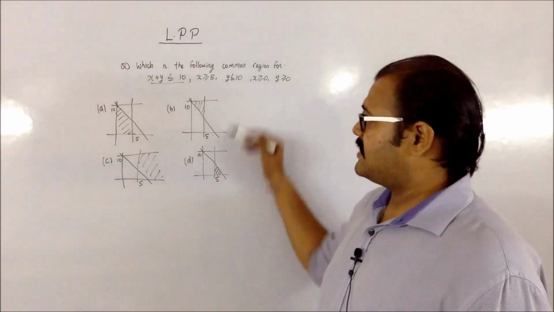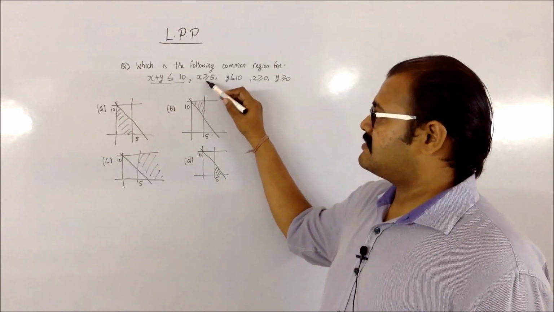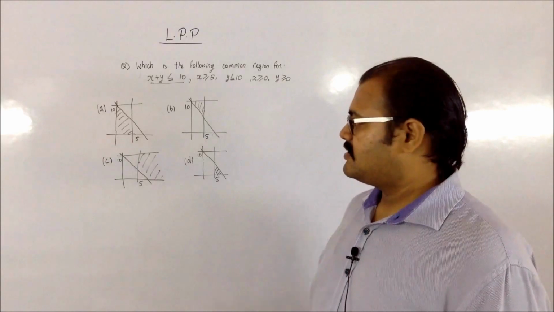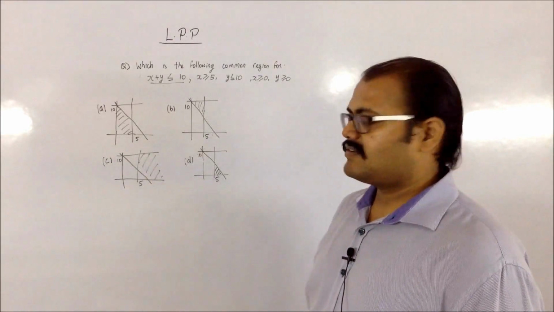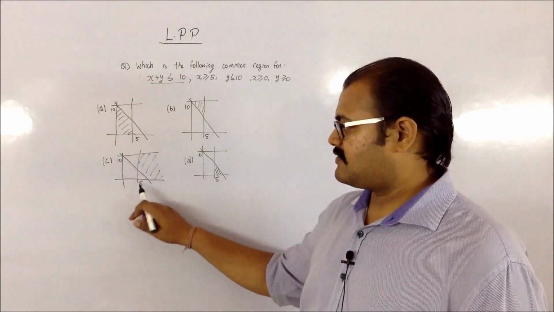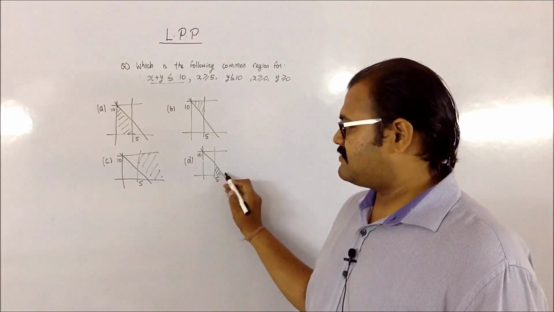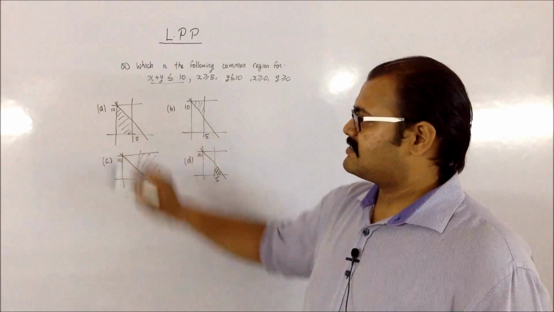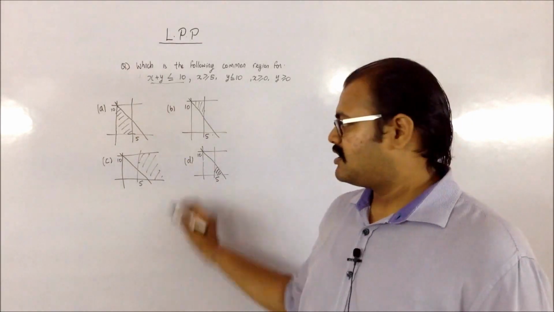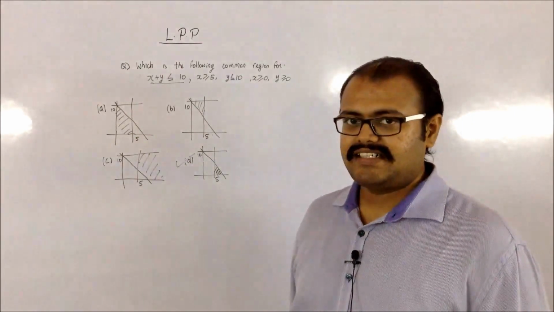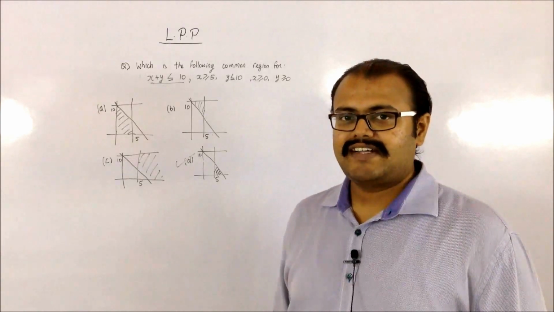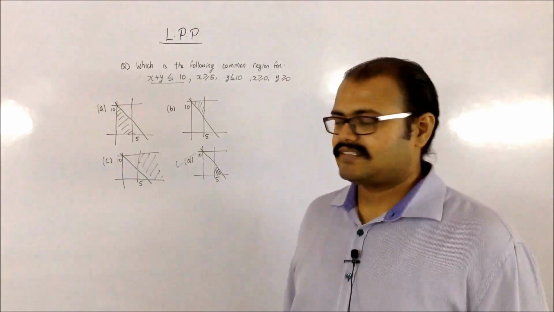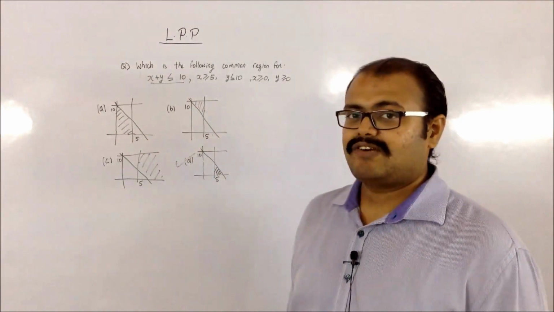Now next one is, I want x to be greater than 5. So this is my line for x equals 5. For x greater than 5, this should be the region, because for the other side my x is going to be less than 5. So my option which is correct is D. If you are not getting it, then you can simply draw this particular graph and check out the region of intersection.